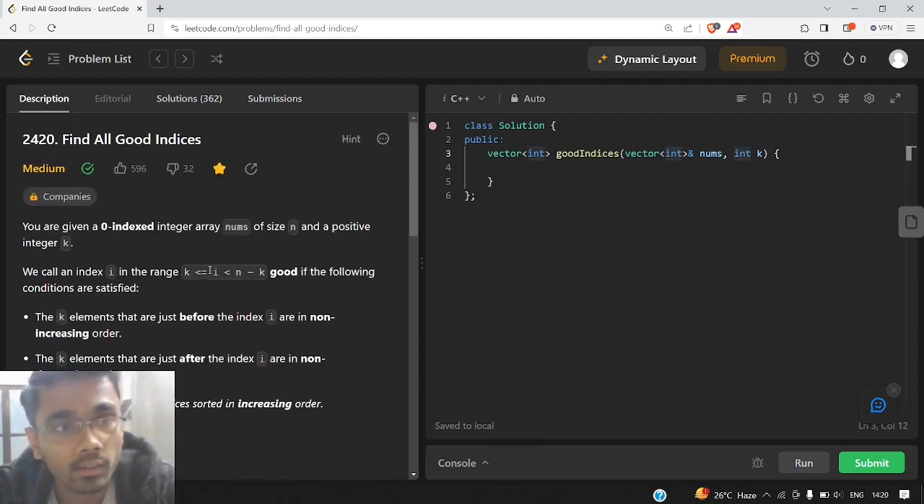So hello everyone, in this video we will solve another LeetCode question, that is Find All Good Indices. In this question we are given a 0-indexed integer array nums of size n and a positive integer k. We call an index I in the range from k to n minus k good if the following conditions